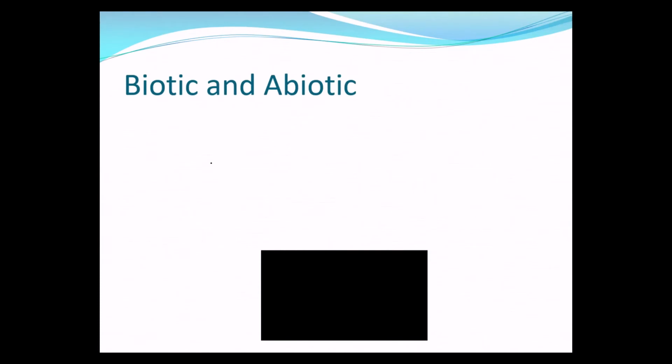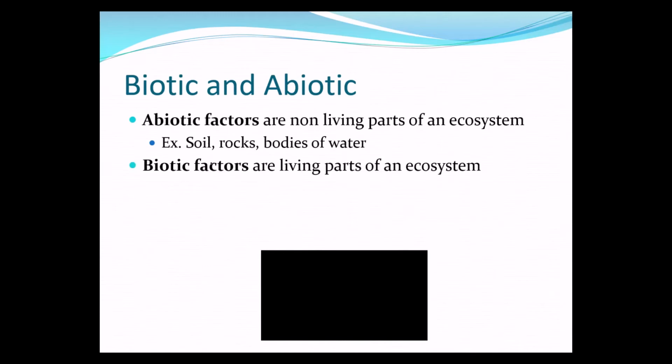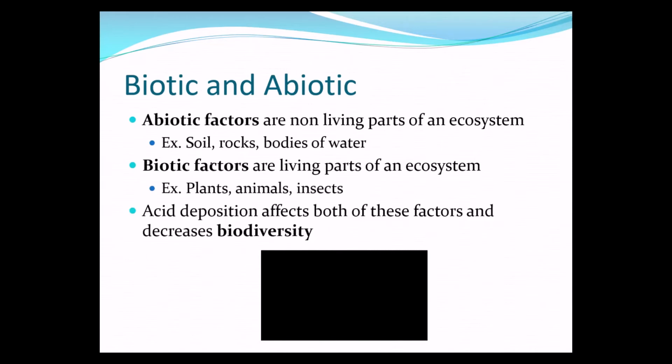Okay, abiotic and biotic factors. So abiotic factors are non-living parts of an ecosystem. So soil, rocks, bodies of water, those are all non-living parts. And biotic factors are living parts. So those are the plants, animals, insects. And acid deposition affects both of these factors, and it decreases biodiversity. So it decreases the type of life that can live. So if you have a lake that is acidified from acid rain, then it's not going to have